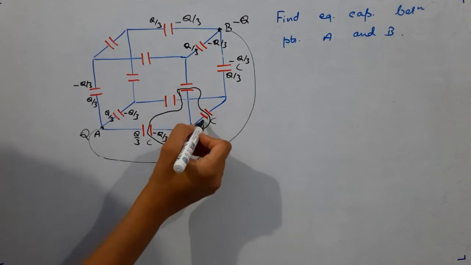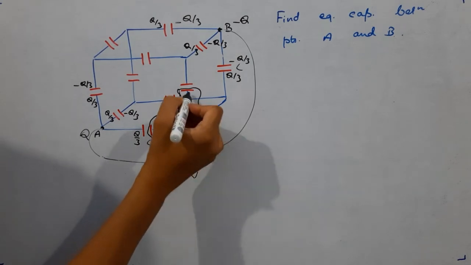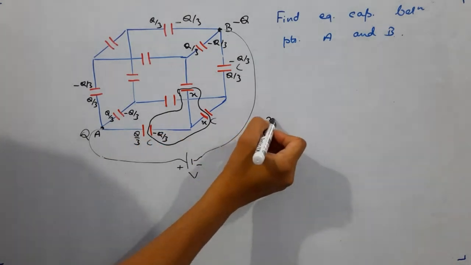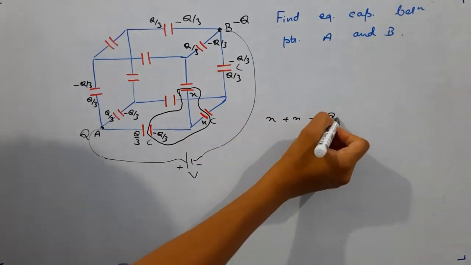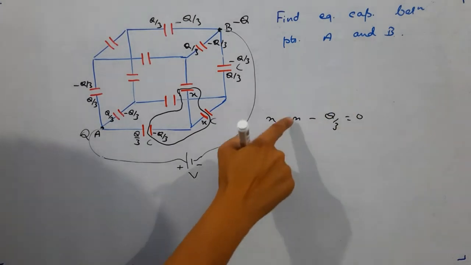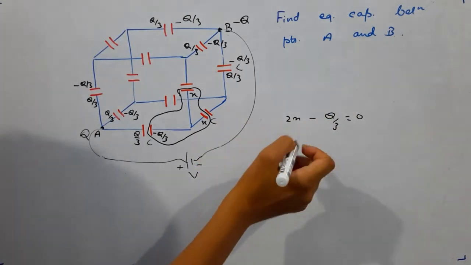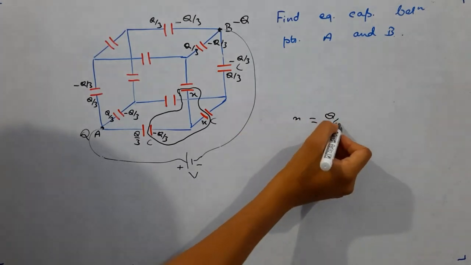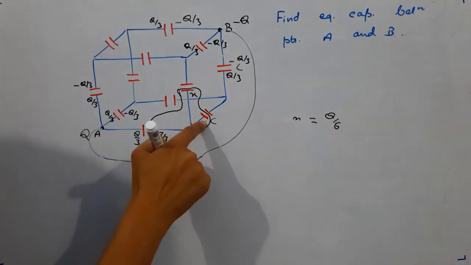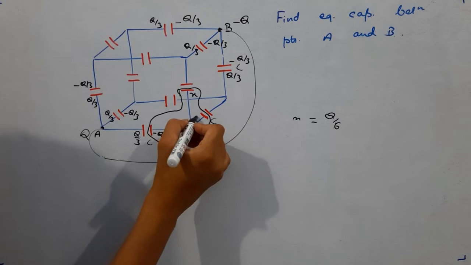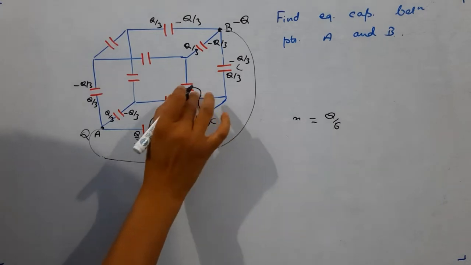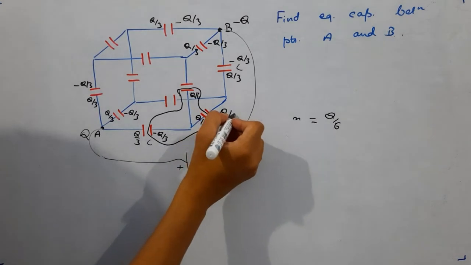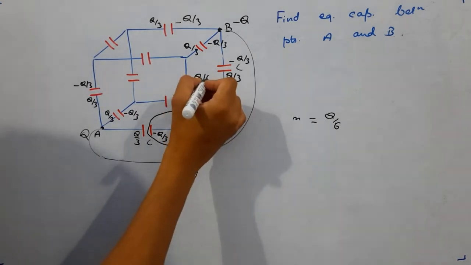So these 3 plates, the total charge must be 0, and symmetry says that these 2 plates must have same charge. Suppose the charge over here be x, this charge will be how much? x. This is minus Q by 3. So x plus x minus Q by 3 becomes 0. So 2x minus Q by 3 is 0, or 2x is equal to Q by 3, or x is equal to Q by 6. So this charge will be actually Q upon 6. This will be Q upon 6. This will be minus Q upon 6. This will be minus Q upon 6.